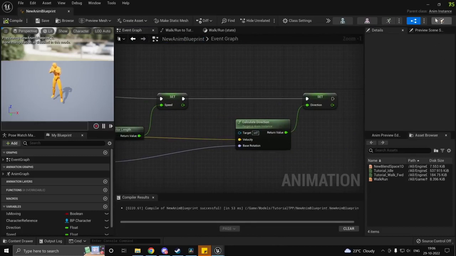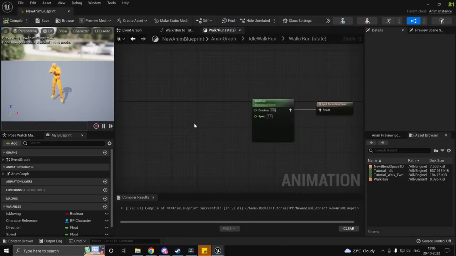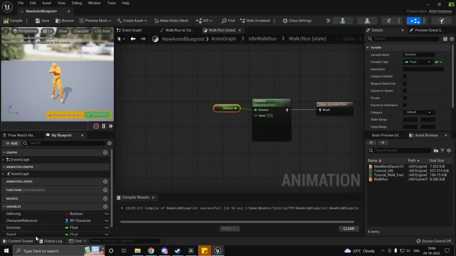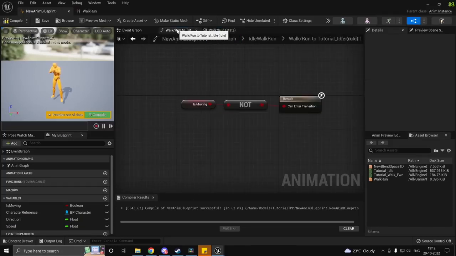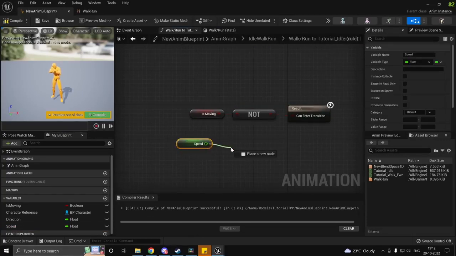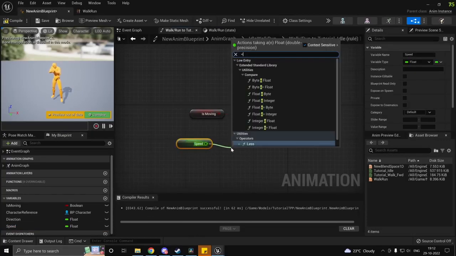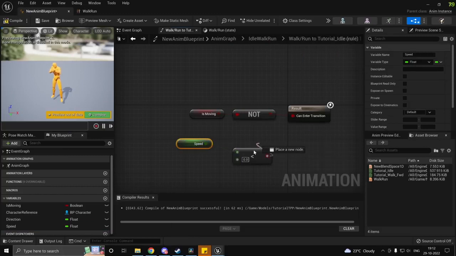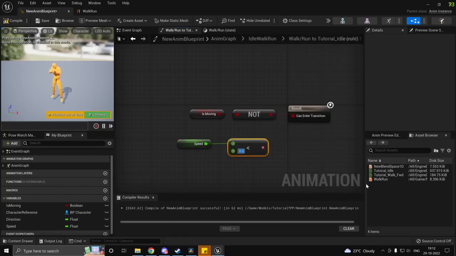Now if I hit compile, and go ahead and plug these in over here in my blend space player, then in my transition over here, walk run to idle, instead of not moving, what we can do is get the speed, and if it is less than, let's say, about 10,